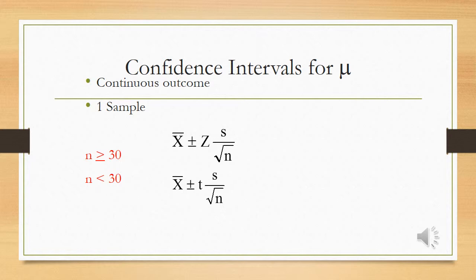Both formulas are laid down there, which were x bar, which represents the mean, plus or minus the z value, which is found in your textbook. Usually in the back of the textbook you have z values, s, which is our standard deviation, and t will be the t value there, and that will be as well found in the back of the book, and n, which is the number of samples. So as we continue,